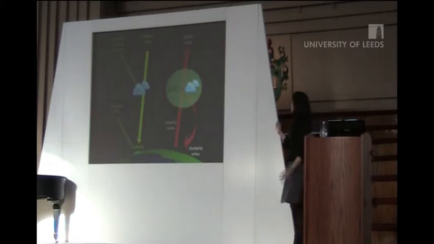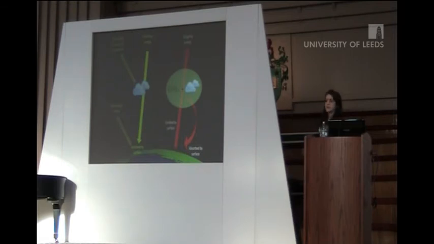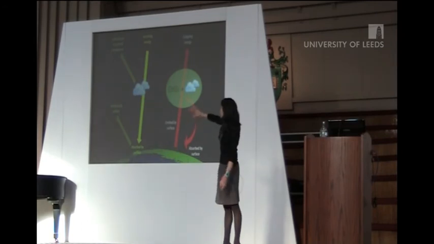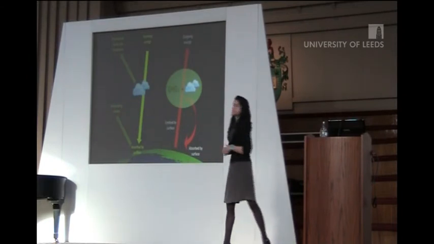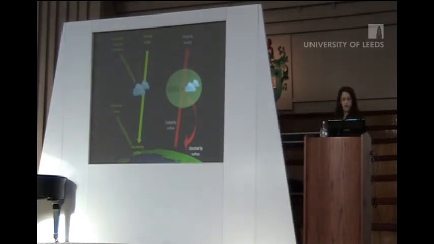So we know that trees store carbon, and during the process of deforestation, that carbon is released back into the atmosphere and adds to the burden of greenhouse gases. But what's not clear is whether trees and forests are also contributing to the second part of this energy balance of the climate system, how they interact with the radiation coming in from the sun. And that's what my research aims to establish, really, whether they are playing a role in this part of the energy balance.